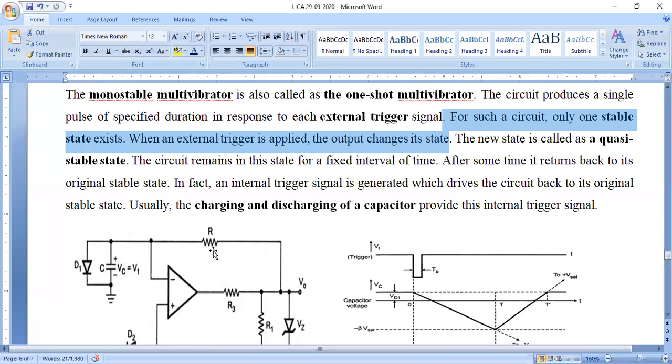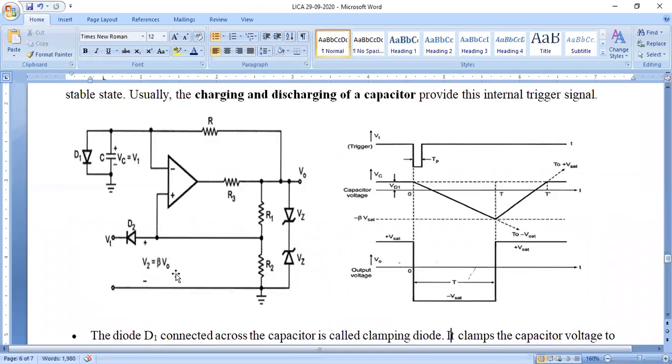After a certain interval of time, the monostable multivibrator operating in the quasi-stable state will return back to its original stable state with the help of the internal triggering mechanism. The circuit will come into the original state with the help of the internal triggering circuit only. That means with the help of the internal triggering circuit, that is Zener diodes and rectifier diode or clamping diode, the circuit will come back to the normal operating state after experiencing a quasi state.